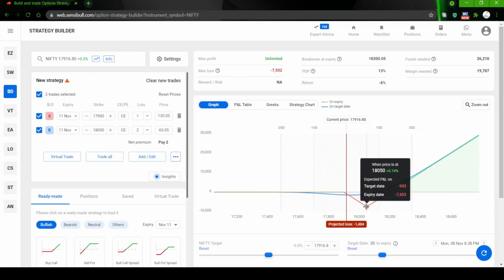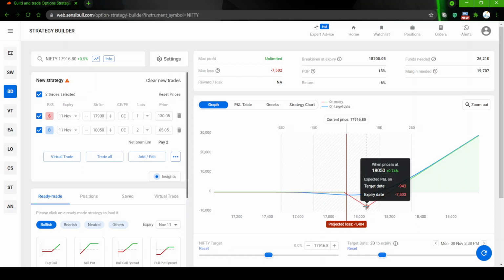On the upside, your maximum loss will occur when the market expires exactly at your buy strike, which is in this case 18,050. In that case, on expiry day, you will lose a maximum of 7,500 rupees for this strategy. That is only on the expiry day. If you have a bullish view, the market went up a little bit and then it is consolidating for a couple of days, then you can always close the trade and come out. You will be incurring less loss because there is a lot of time value left on those buy options, so that you can always recover the money back, and you will be losing about 950 rupees if you are closing it tomorrow.